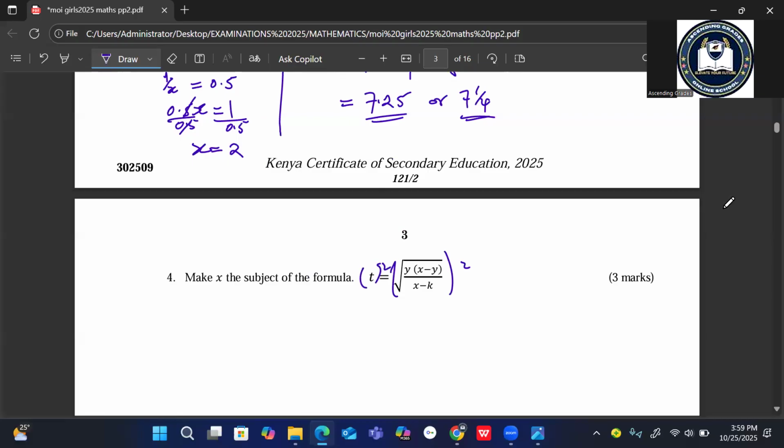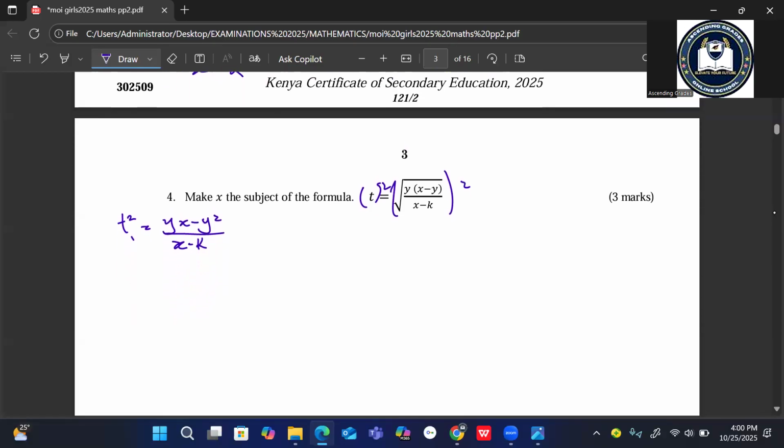So we square both sides so that this side shall have t squared equals, now the square root sign goes with the square, so that we have (yx minus y squared) over (x minus k). So we cross multiply,